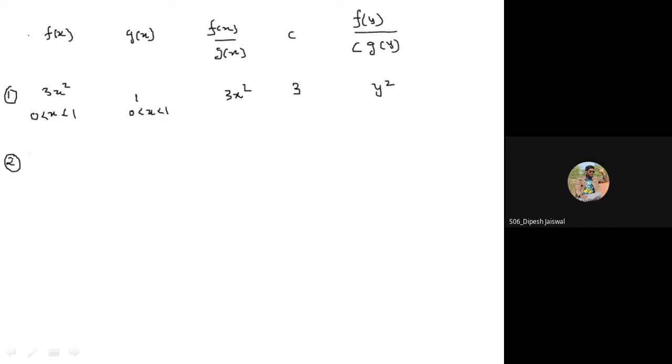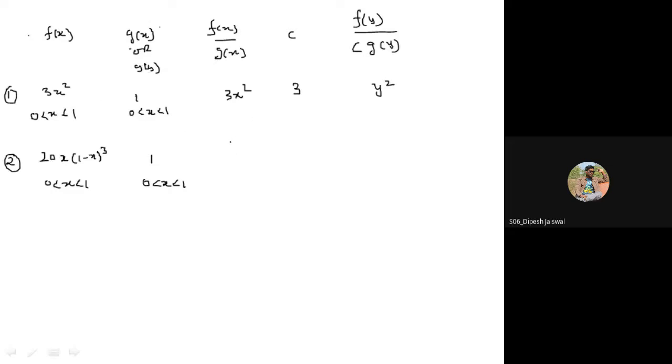Second, suppose the density is 20x(1 minus x)^3. The range lies between 0 to 1. Again, we will consider a uniform distribution as g, whose range also lies between 0 to 1, or you can say g(y). You can give y, there is no issue.